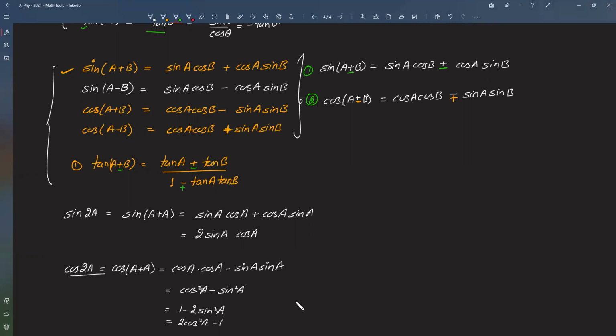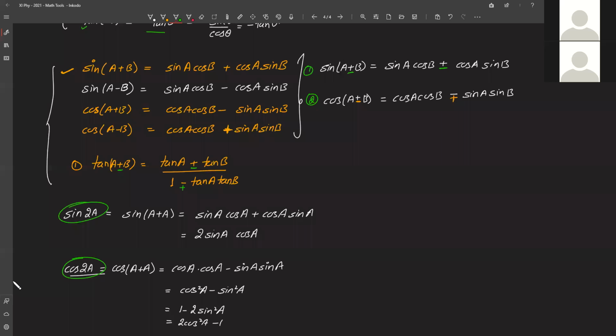So these are very important formulas, sin 2A and cos 2A. And here I have derived them for you because the derivation is very easy. So you should know how to even derive these. Later also we will need this. In mathematics, you should know the perfect derivation. Properly you should know how to derive this.